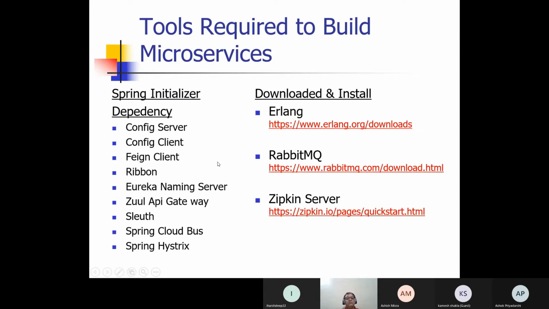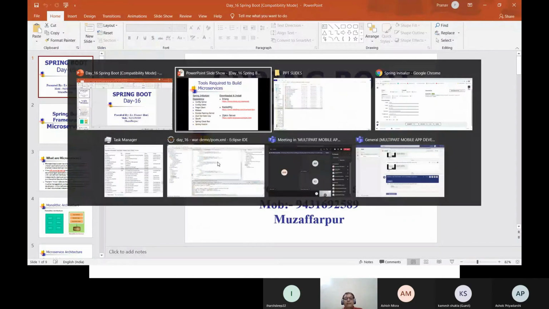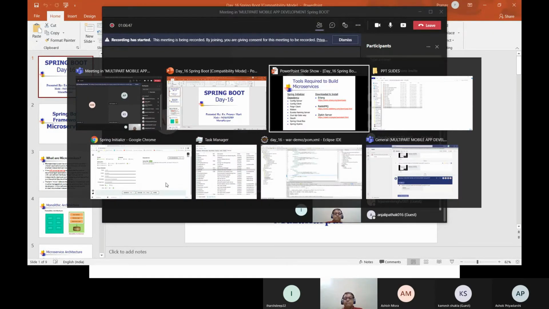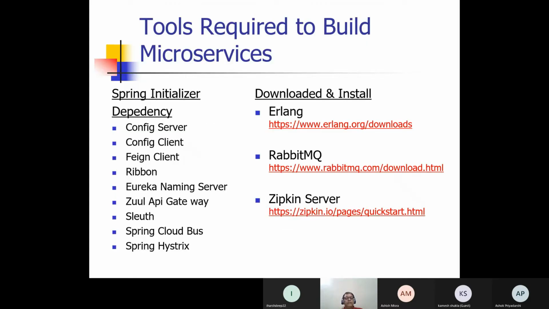Okay, just read that now. This is very important, guys. Look at this. Can you see this screen? Now, as far as the technicality is concerned, there are many ways in which microservices can be created. Can you hear me? Yes, sir. Okay.